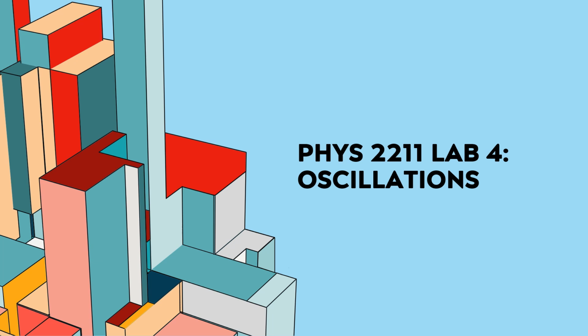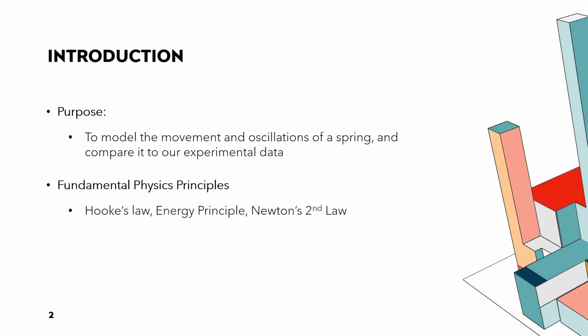Okay, this is Physics 2211, Lab 4, Oscillations. The purpose of this lab was to model the movement and oscillations of a spring and compare it to our experimental data. The fundamental physics principles are Hooke's law, which is the spring force equals negative kx,